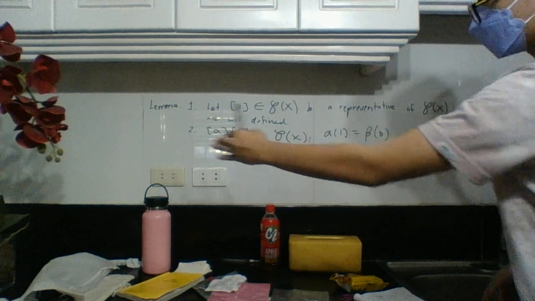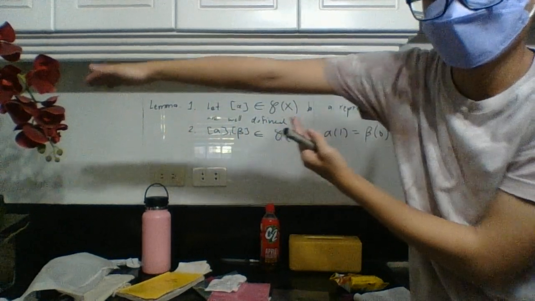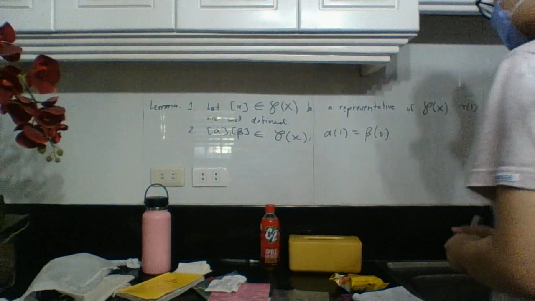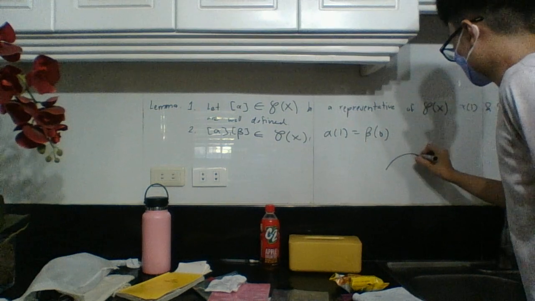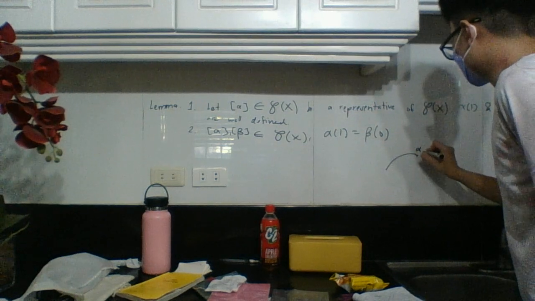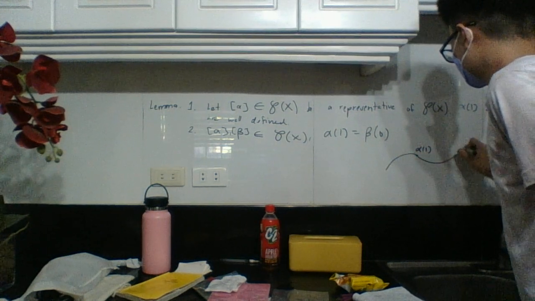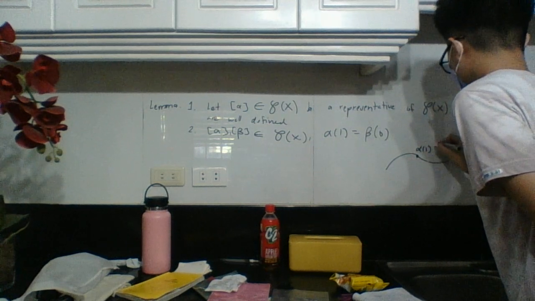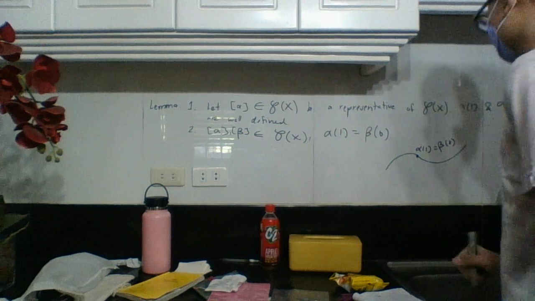If my arm here is path A, you can have a path B that starts at my armpit, or the start of my arm, right? So alpha of 1 is equal to,